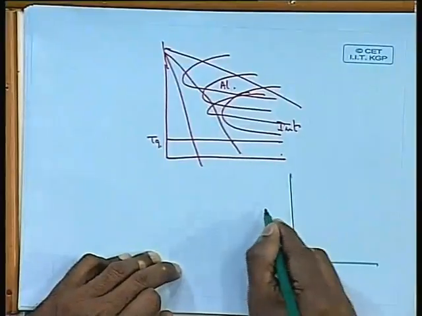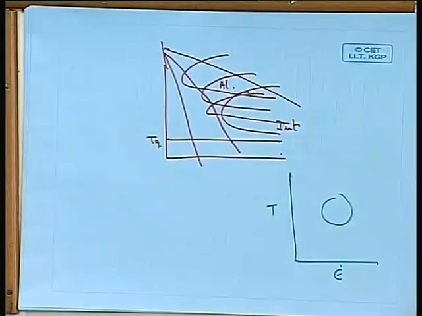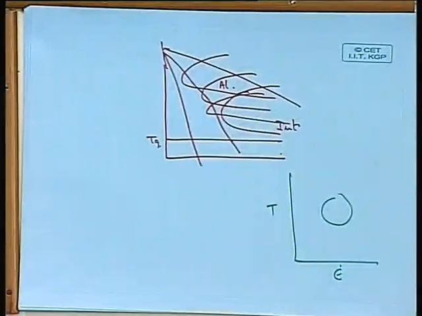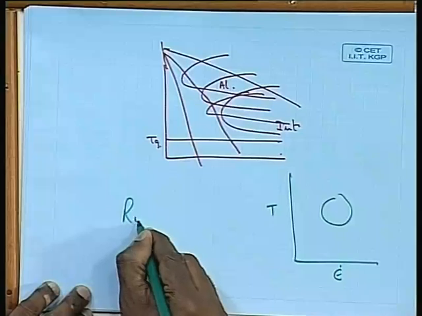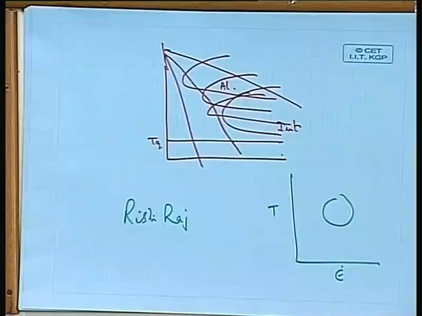If you plot a domain of temperature and strain rate, you can identify a domain where dynamic recrystallization easily occurs and the deformation becomes very easy. Such domains have been identified by a number of people, and the person who started this is Rishi Raj. These are called Rishi Raj maps, and a number of people have worked on this, particularly at IISc Bangalore in India, Professor Y.V.R.K. Prasad, if some of you have heard.